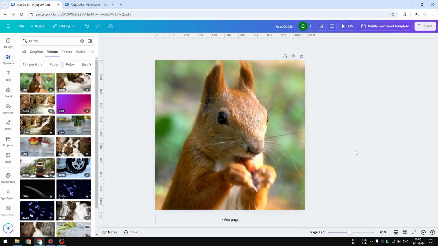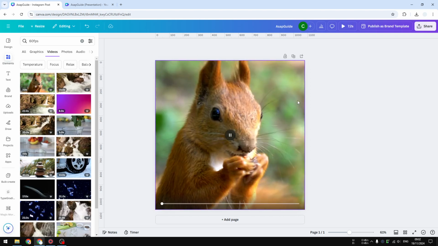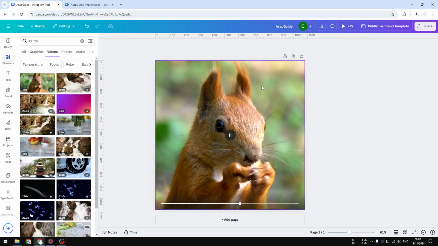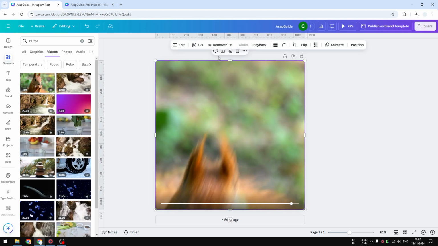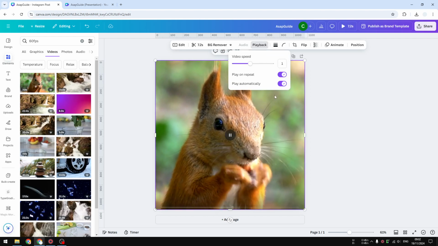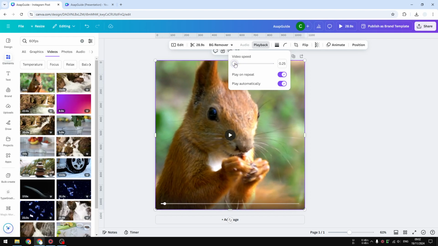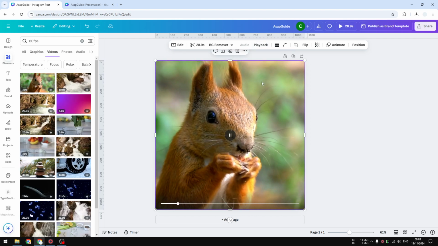So the first thing that you need to do is upload the video to your Canva library, or you can also use an existing video from the Canva stock library right here. I got this video of a squirrel eating some peanut, and after that you can click on the video, click playback, and you can reduce the amount to whatever number is smaller than 1. For example, I set the speed to 0.25, meaning that the video is now 4 times slower than before, and